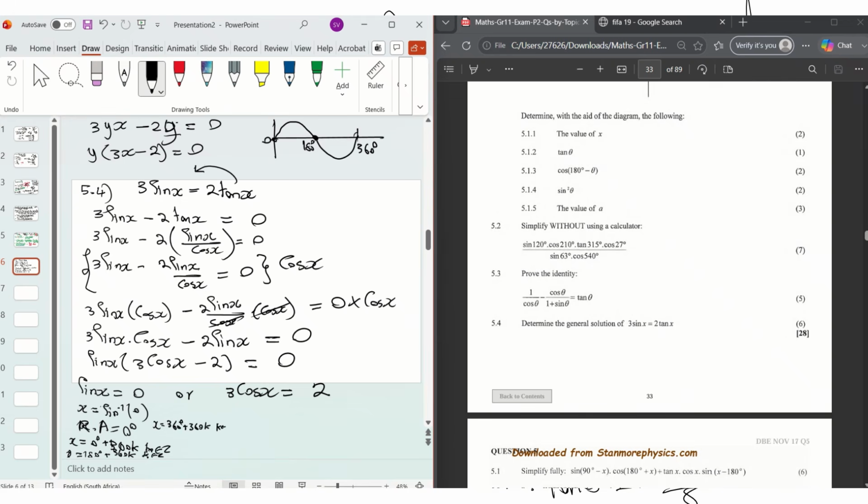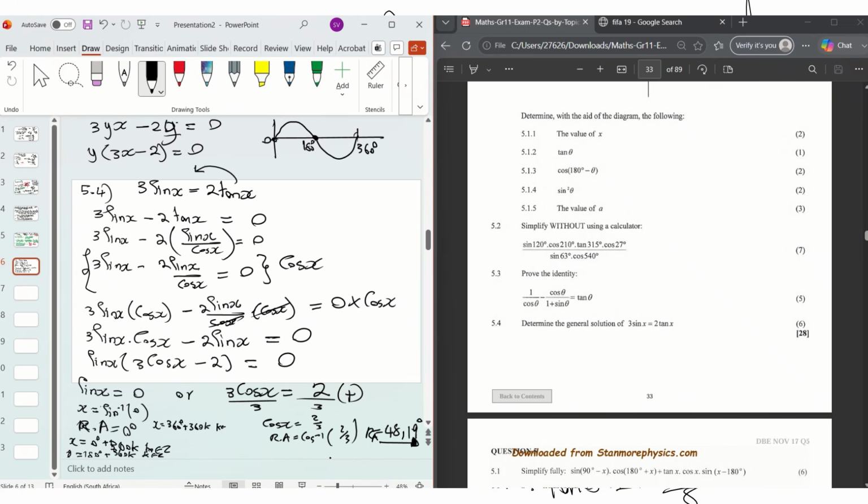Okay, so now let's come on to this one. Here what you have to do, you just divide by 3 on both sides. So cos x is equals to 2 over 3. So what will be our ref angle there? Our ref angle will be equals to cos shift of 2 over 3. So our ref angle will be equals to what? Cos shift of 2 over 3 will give us 48.19 degrees. Okay, so now guys, as you can see, this ratio here is positive, right?